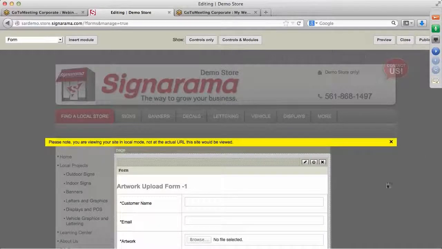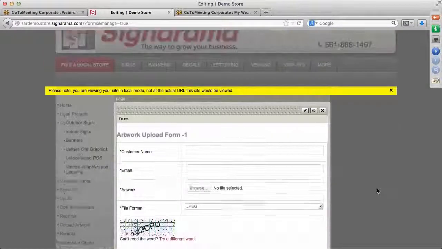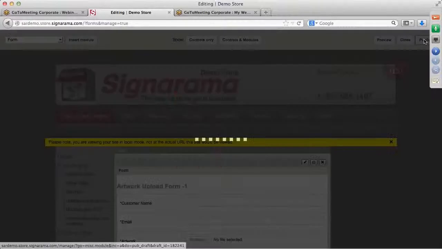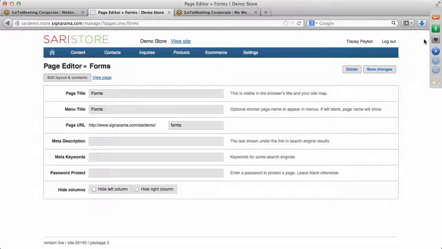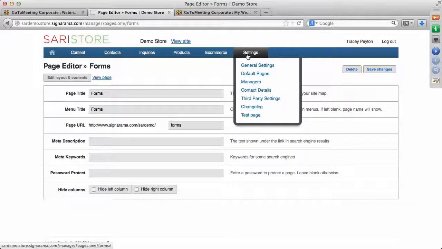And it's pulled in that form onto that page. So then we'll publish that so that customers can use that and push it to the front end of the site. And the last thing that we're going to do is link that newly created test page that we called forms to the site. So we might want to put it in that My Signorama area, or we can go into settings, and if I go into general settings,